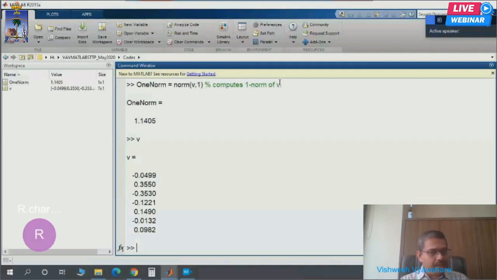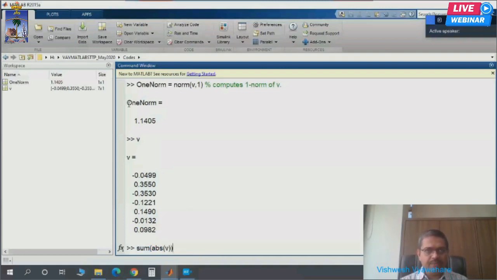Now I want to check whether MATLAB has calculated correctly or not. So I will write the command sum ABS of V. This ABS V will calculate the absolute value of all elements of V, which means all elements will become positive. And sum will add all the elements of this V. So I should get the same answer as one norm.